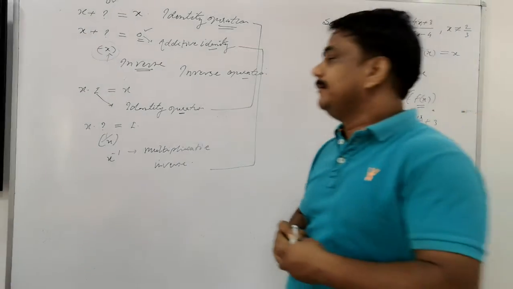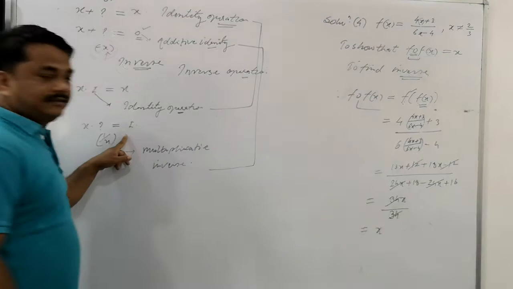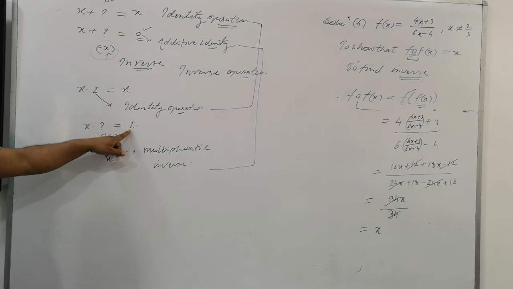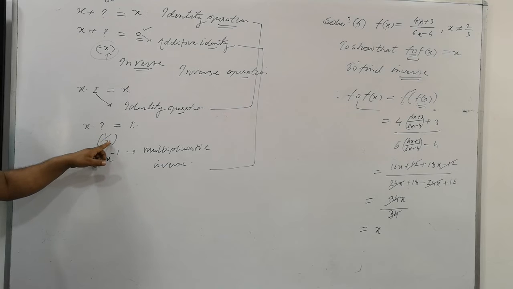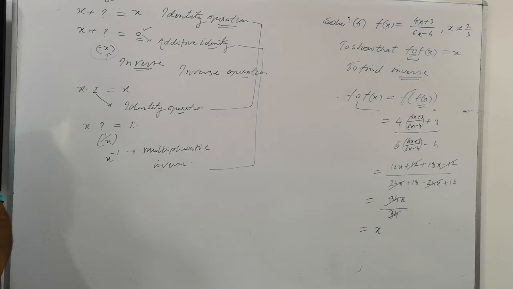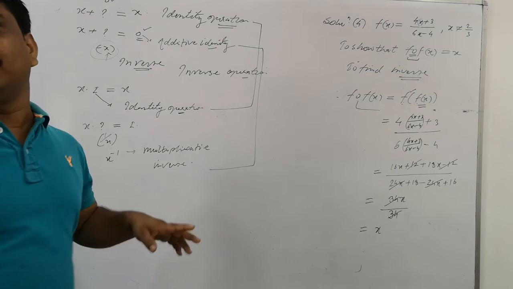Is that clear? How can we know the operation is inverse? Tell please. You have employed here the inverse operation. How can you predict? If identity comes here, then we imply that we have applied the inverse operation. It means if you apply the inverse operation, identity will come. And if identity comes, then you have applied the inverse operation. Is that clear or not? So we look at the board.